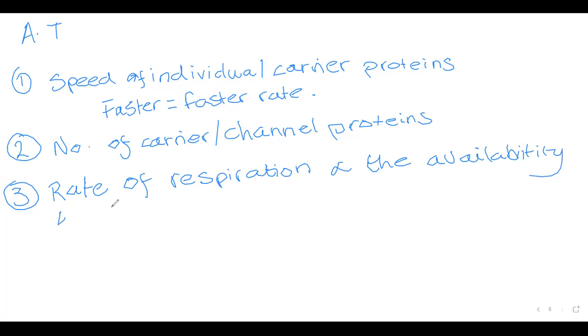Now, obviously, active transport is not a passive process. It requires energy. Therefore, if respiration is inhibited, active transport cannot take place. So we need a high rate of respiration so that ATP can be produced, so that ATP can then be used